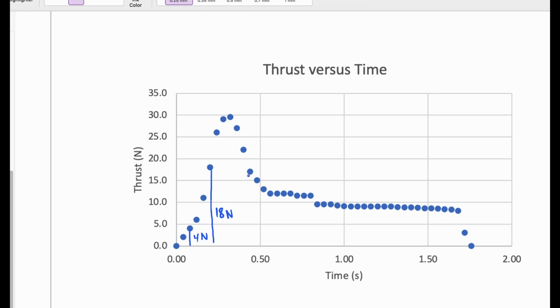And over here it's like 15 newtons, always changing. But what I'm going to propose is that there is some average value to this graph. An average value somewhere around here, where if it were to hold that force for the whole interval,